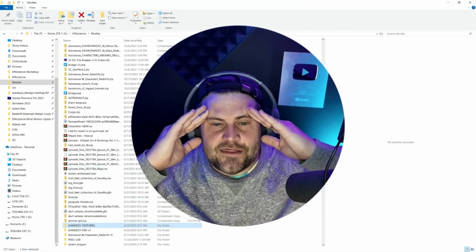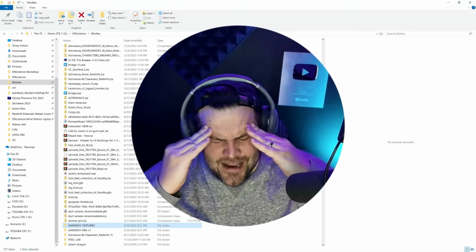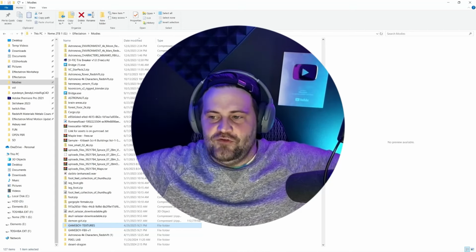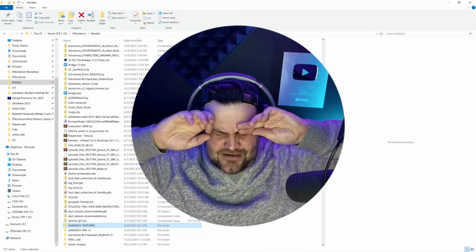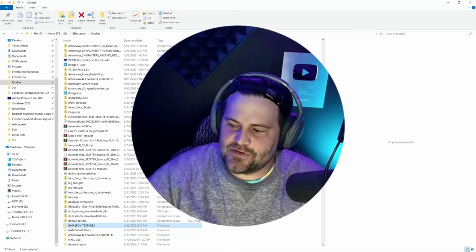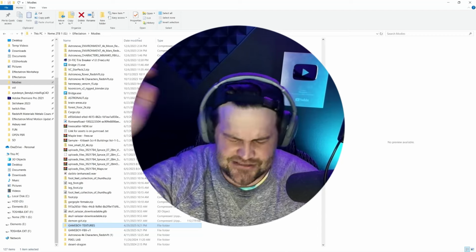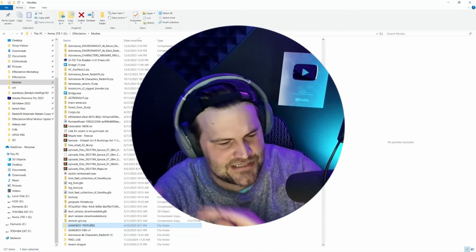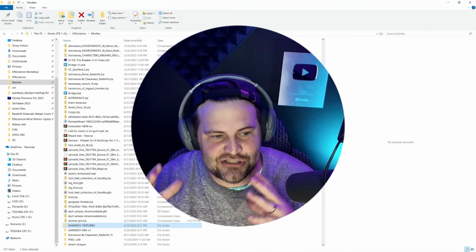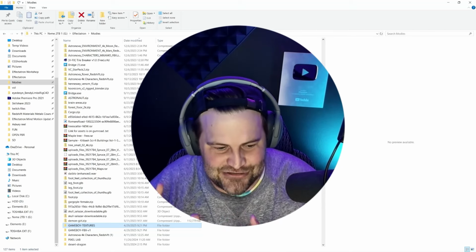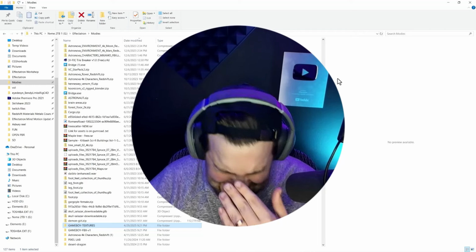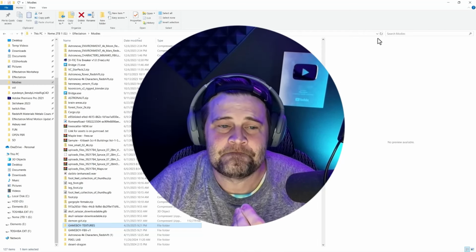If only there was some sort of program or app that would just let me see actual preview files of all my stuff, and I could just tag things without having to change the file name. If this is a cyberpunk model, I could just tag it with cyberpunk, or if I knew this was textures, I could just do that and find all these things that are all over the place. I just want to have a spot that actually organizes them in a way that works for me. If only that existed. Well,